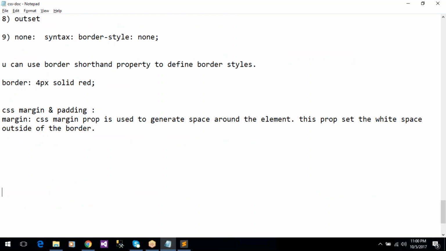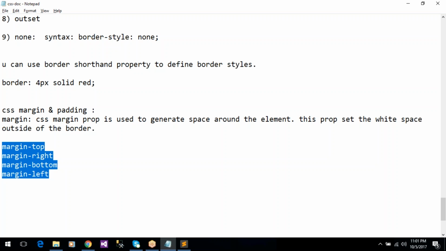And we have the margin property, and in margin we have four properties like margin top, margin right, margin bottom, and margin left. Okay, these are the four properties in the margin property. So you can define individual margins also. Okay, in the top side you can define the space, and the right side also you can define space. In the bottom and left side also you can define spaces individually. And if you need the same space for top side, right side, bottom and left side,